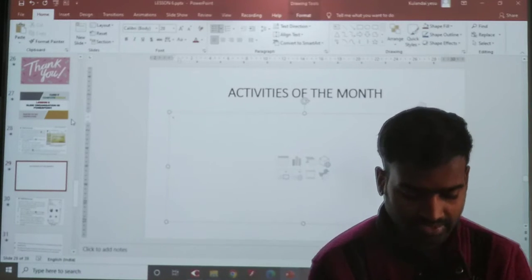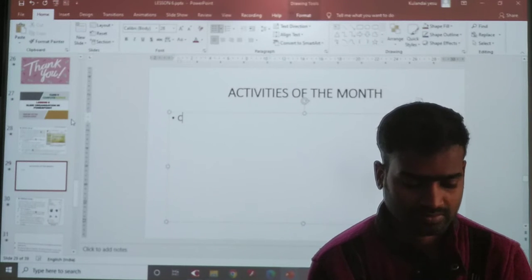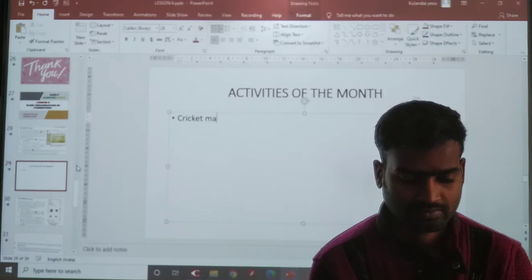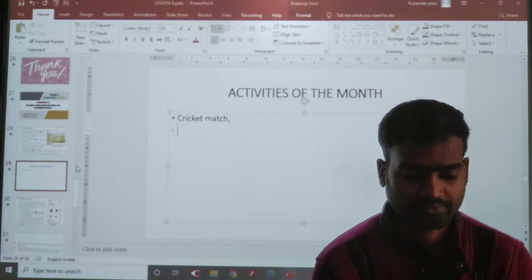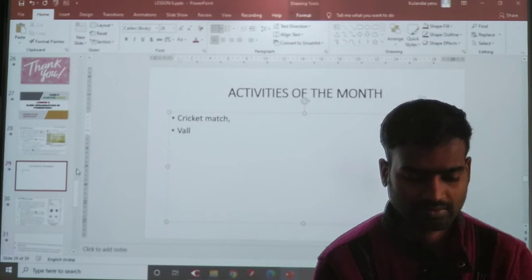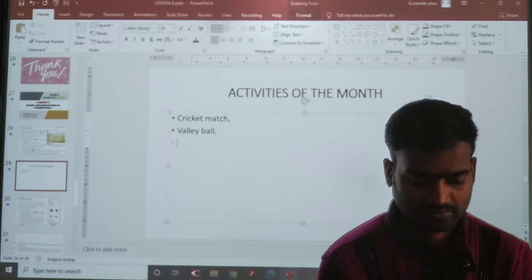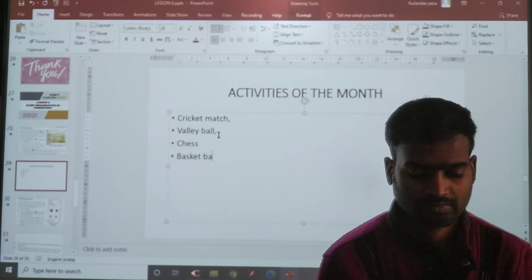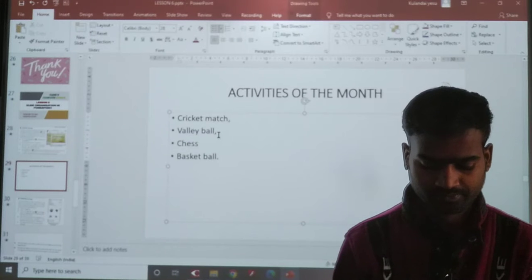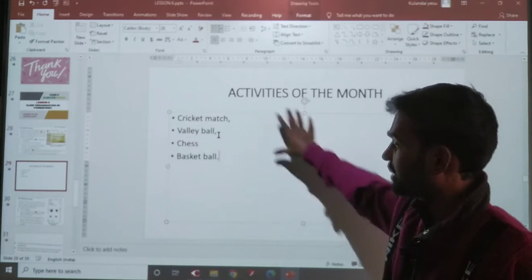Games, right? Cricket match, volleyball, chess, basketball. So we have inserted everything in that placeholder.